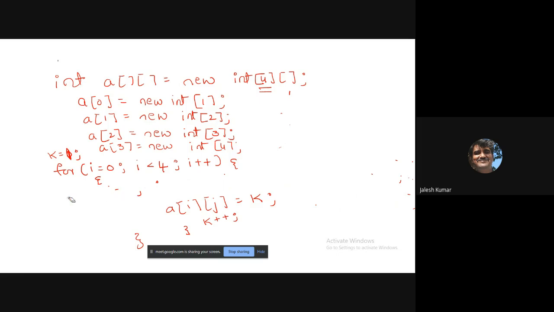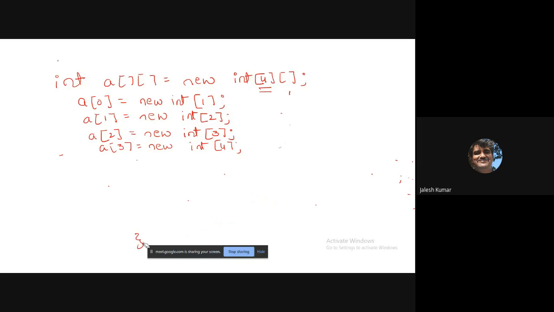It is no longer j equal to 0 to j less than 4 or something like that. It depends on how you are handling the index. Like that the logic works. First you just practice with arrays. Once it is familiar, you will come to know how to work with this.